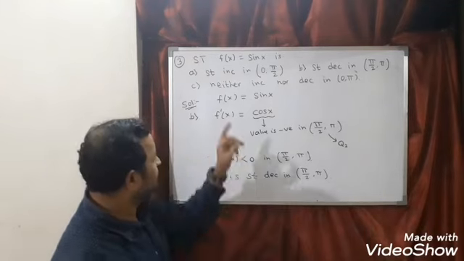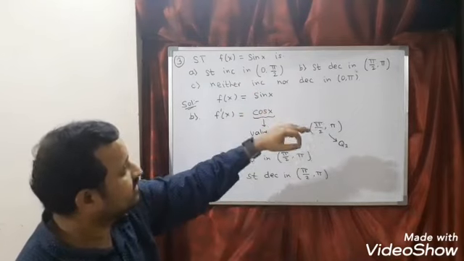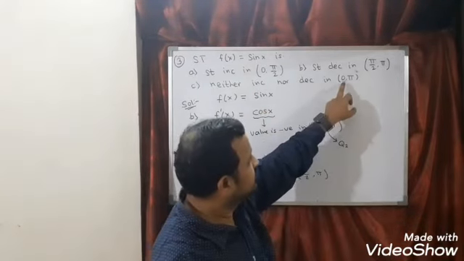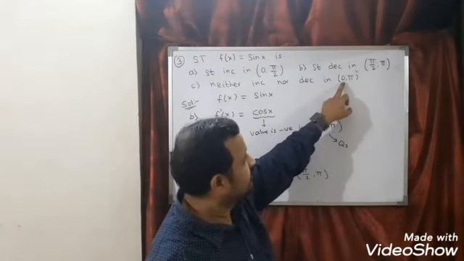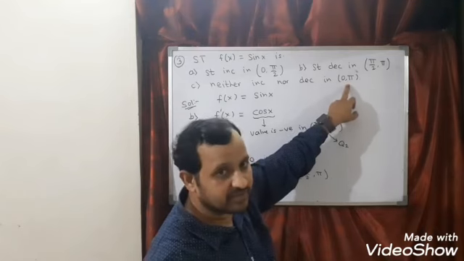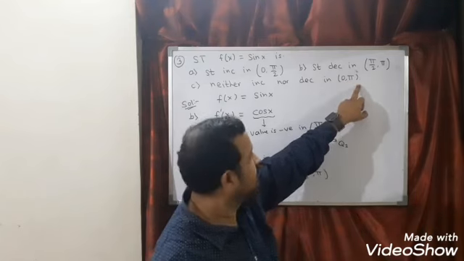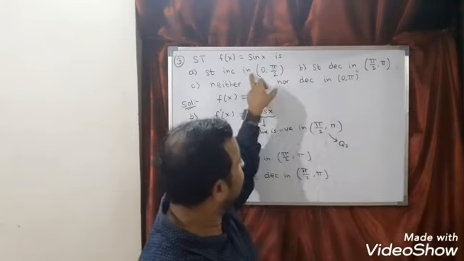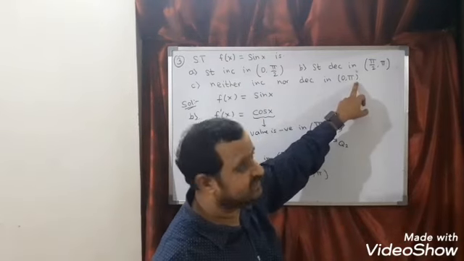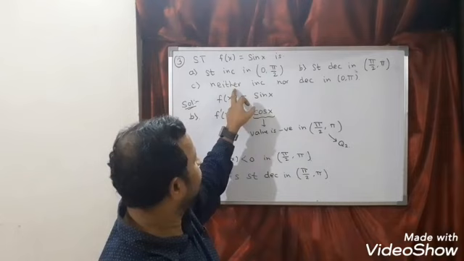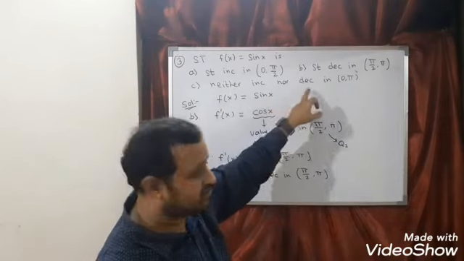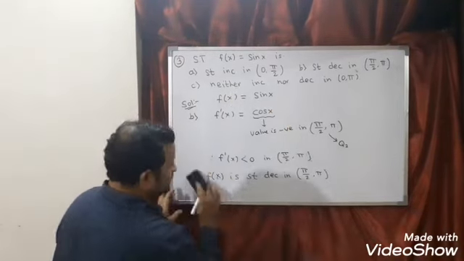One more bit is there, neither increasing nor decreasing in 0 to pi. So 0 to pi we can break and write as 0 to pi by 2, pi by 2 to pi. So 0 to pi by 2 it is increasing, pi by 2 to pi it is decreasing. So you can see here it is neither increasing nor decreasing. So I can conclude